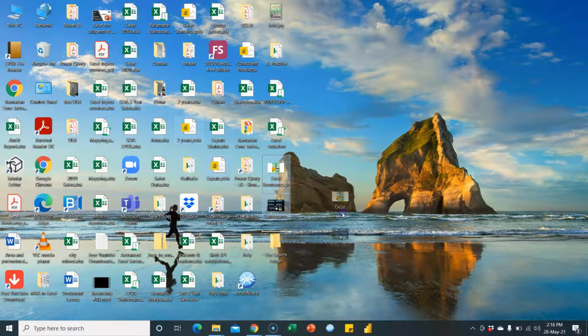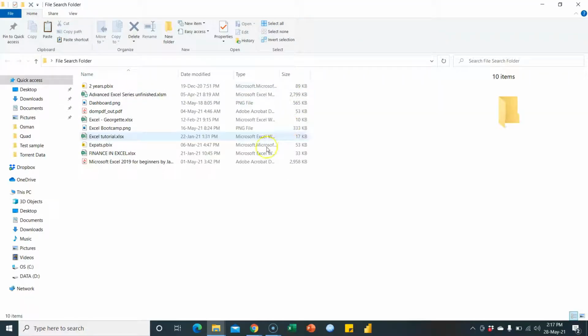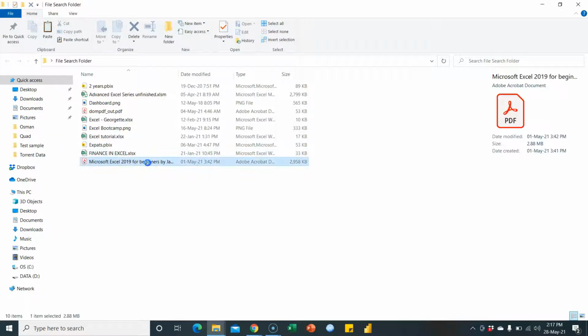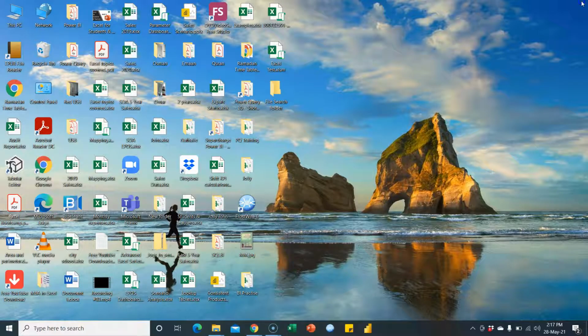So I'm dragging all of them into the file search folder, and if I double click and open up the file search folder, you can see that I have all the files listed here. We have PBIX file, which is the Power BI file. We have the Excel files, I have a PDF, I have a PNG file, so many different formats. Now the next thing is to create a file. So I'll open up Excel,